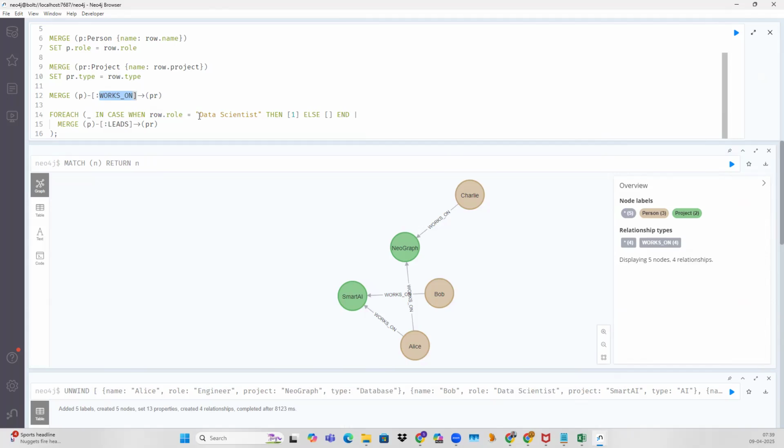And then in the next part, we are defining our condition. For that purpose, we are using the for each and the case statement. Here, we are going to iterate through each and every node, and in case we only apply the condition when the role is data scientist. So when the role of a particular person is data scientist, only then this leads condition is going to apply, which means that the person who is a data scientist will lead the project. So let me run this particular code,